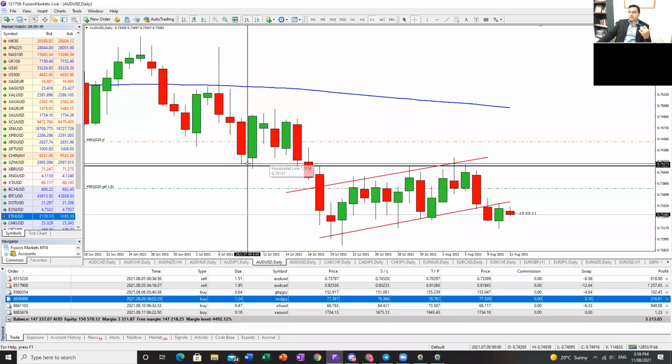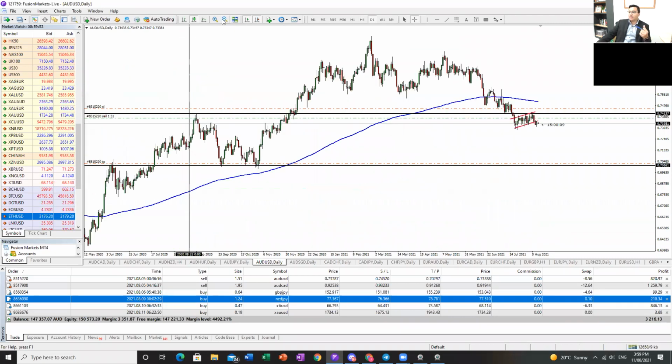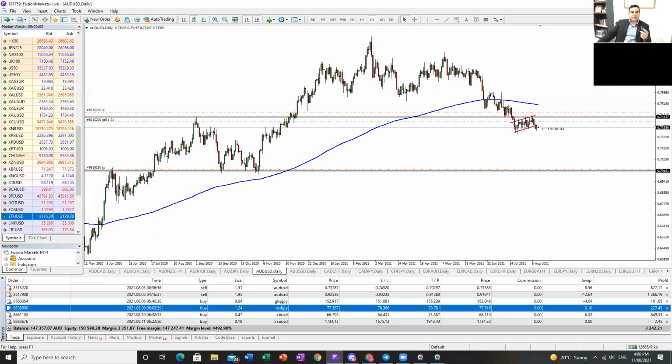through here, right? Rejection, this actually closed below the 20 EMA. I don't have the 20 EMA on my chart at the moment, but that did close below the 20 EMA. So that's one of the big reasons why we took that trade. Like I said, though, still a long way to go. We're looking for this to push down over the next few months. We'll hold this trade for the next few months if we have to, on its way